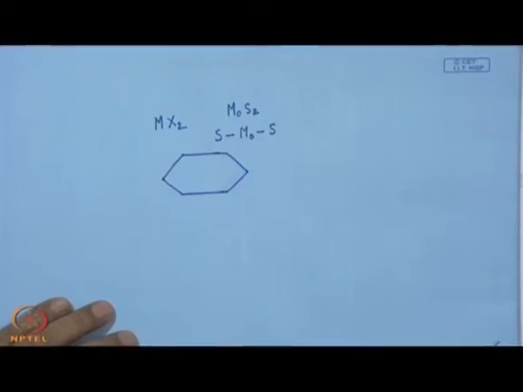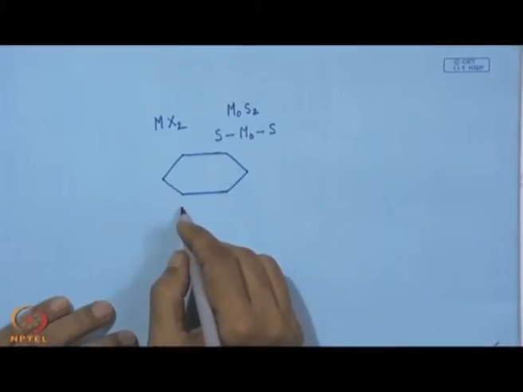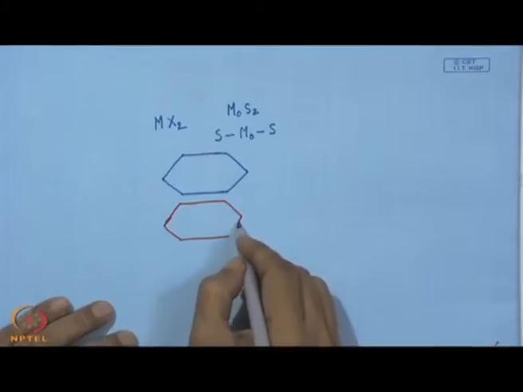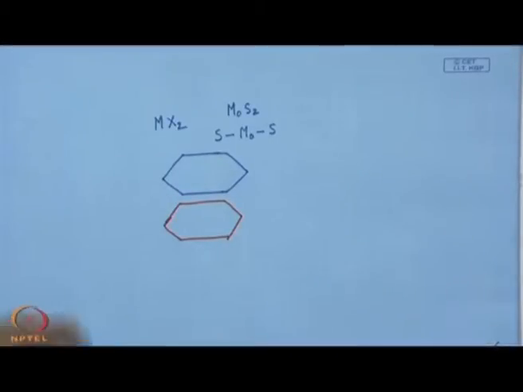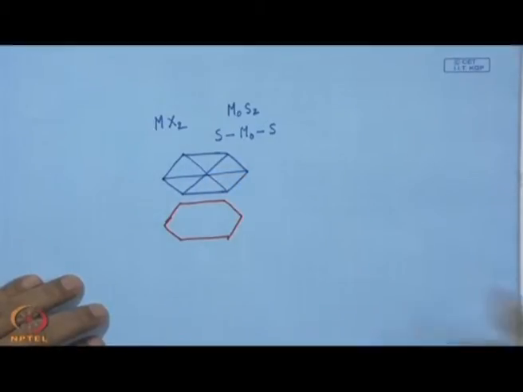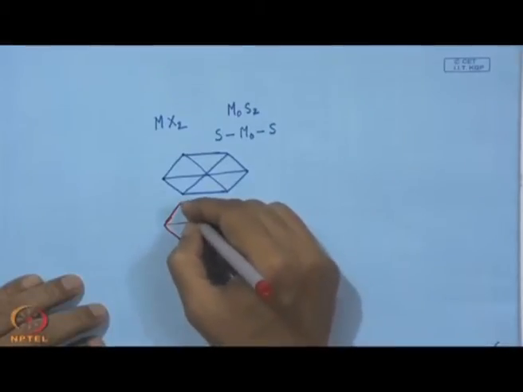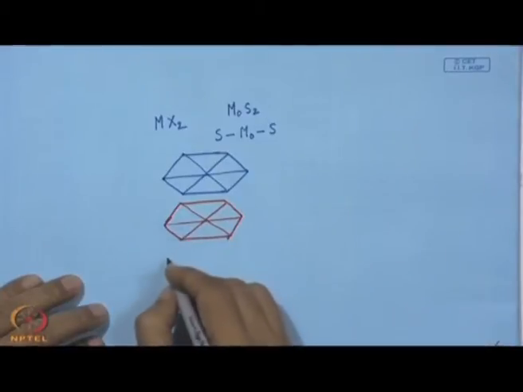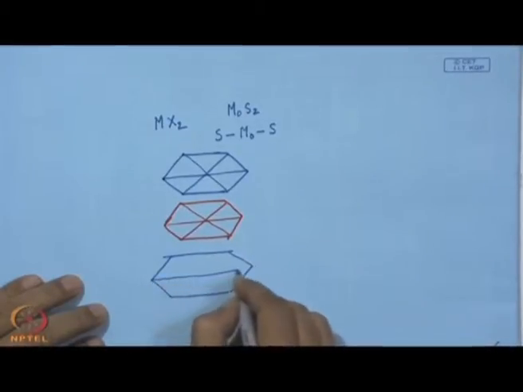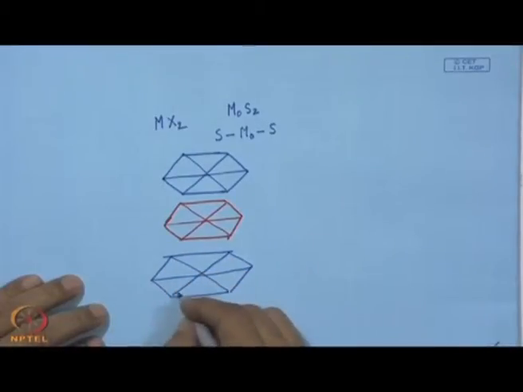So, this is one plane containing the sulphur in a hexagonal arrangement, and adjacent to it we have another plane, and this plane contains molybdenum. This is also in a hexagonal array. So, here we can show these lines, and finally, we have another plane containing sulphur. So, this is one set of MoS2, and further below we have again